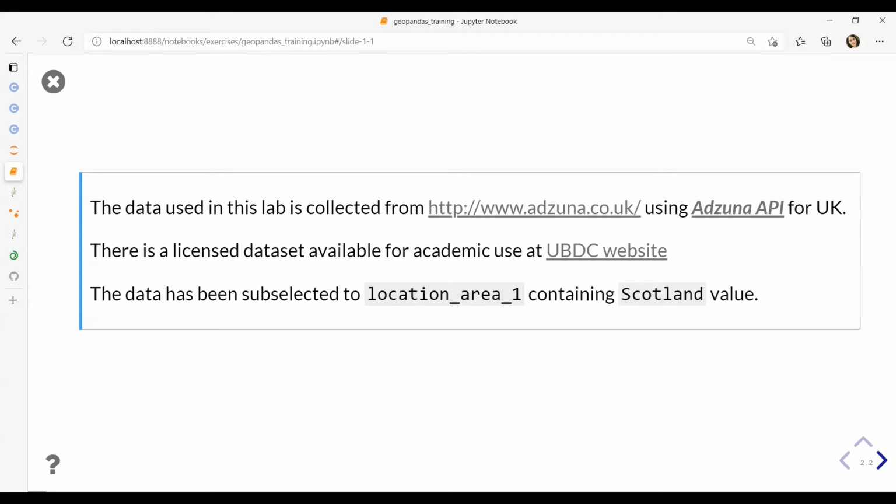And there is a licensed dataset available for academic use, which has been deduplicated, cleaned up, and nicely formatted. The other thing is in the data, there is a description field containing information about the job ad. And in open data, it's truncated to 500 characters. So quite often it's only a fraction of the job ad itself.